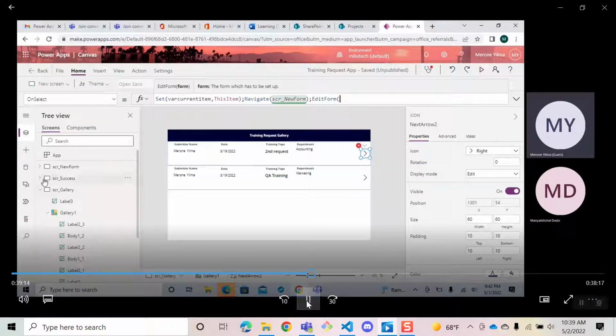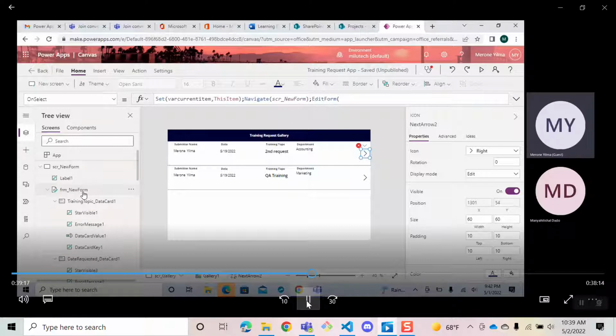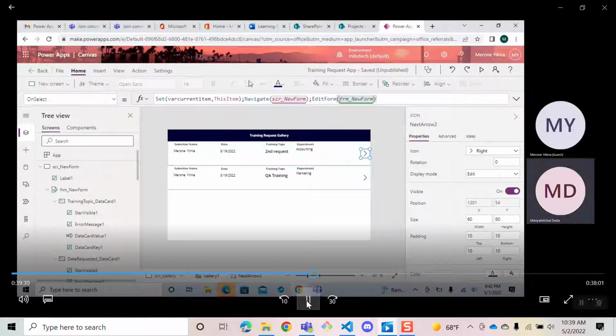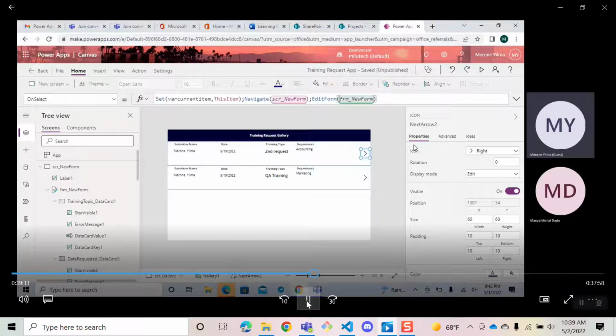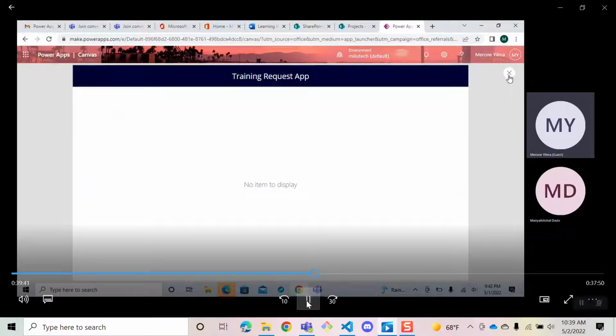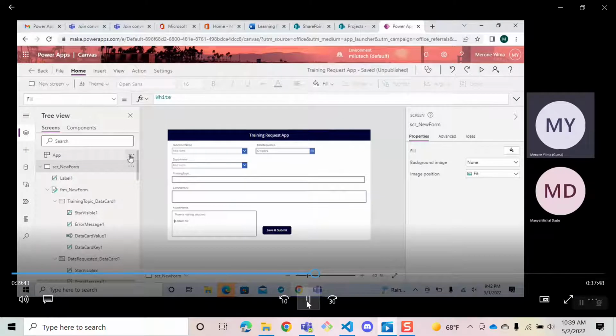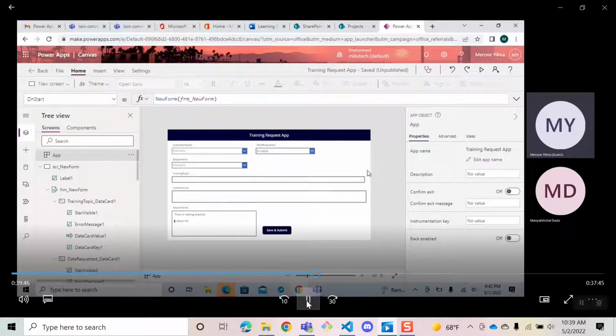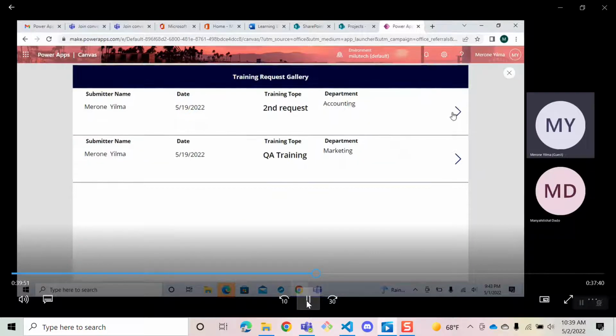What's the name of the form? Remember, that's where naming comes into play. The name of the form is form. I put form underscore queen. It should give me the form, right? But I'm doing this on purpose, just to see what problems we're going to run into. So if I play it and click on that, obviously we're doing testing. I already tested once. I'm just going to say run on start. Okay, I'm going to do that. We're just going to play. If I go to next,